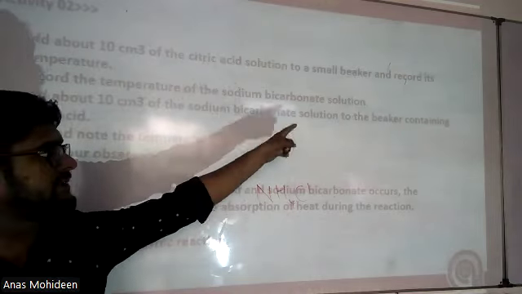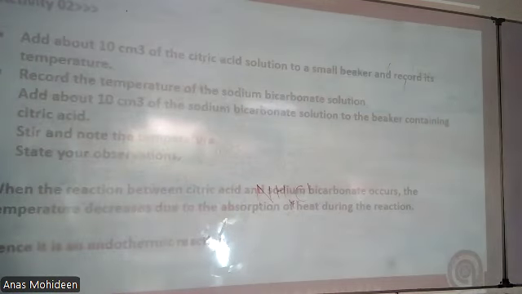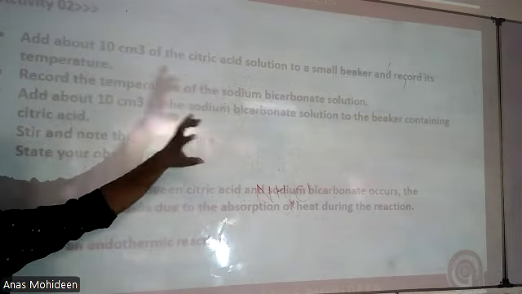Adding sodium bicarbonate solution, okay? Solution, not solid, solution to citric acid solution. Okay? Na2CO3. Fine. Anyhow, once you have added it, you have to measure the startup temperature, then mix it,